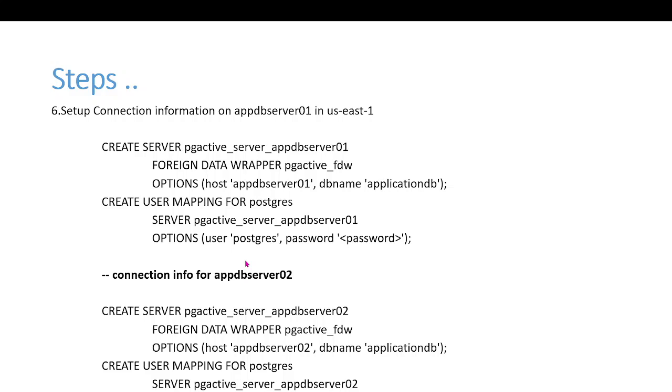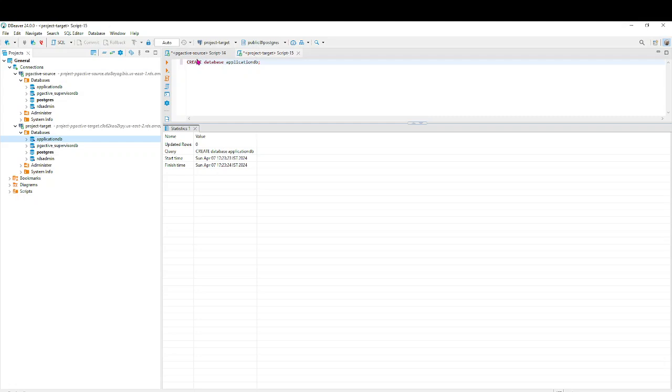So let's do the sixth step. So don't worry, I will give the scripts in text format in this video itself. So don't worry about that. Okay. So let's remove the script. So I need to create both scripts here. So in the pg source